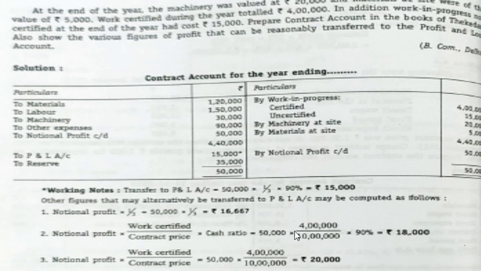So these are the various profits which can be transferred to your profit and loss by using different alternative formulas for calculating the profit to be transferred to your profit and loss account. These formulas will be used only when they ask in the question to show the various figures of profit that can be reasonably transferred to profit and loss account. Otherwise, we would use a standardized formula, which is notional profit into the fraction, it can be 2 by 3 or 1 by 3 based on the percentage of work completed, into cash ratio. So the next problem is